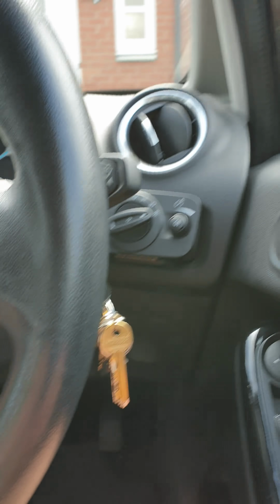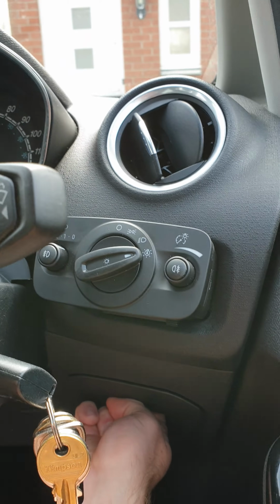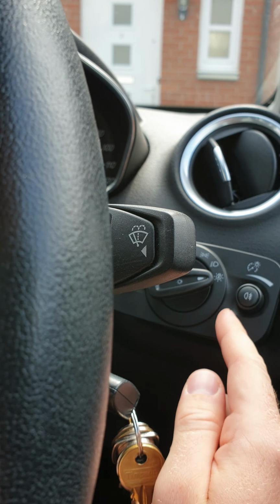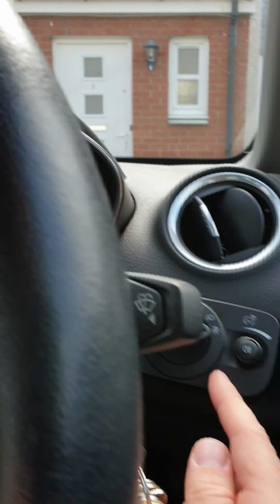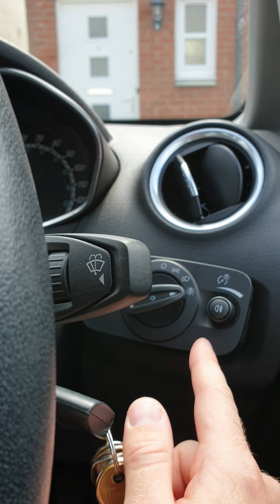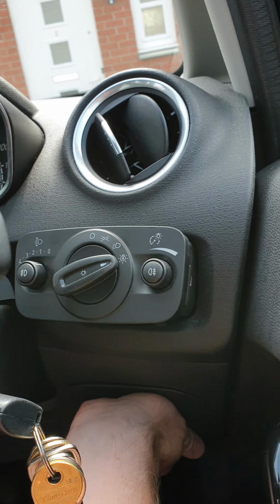So that's a bit of a shame for those who can. To be honest, I don't see how you can not have the switch already fitted if you have the rain sensor. You should have the automatic wipers and the automatic light switch, but just in case anybody's wanting to know how to do this, you just